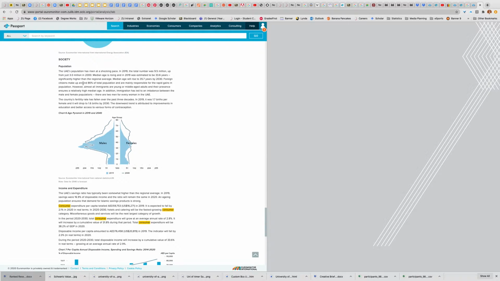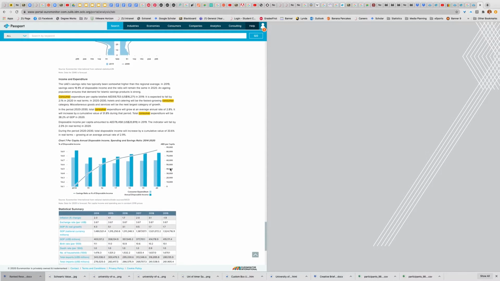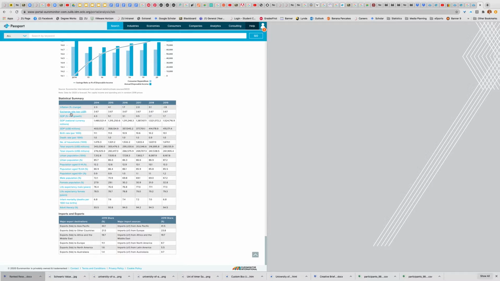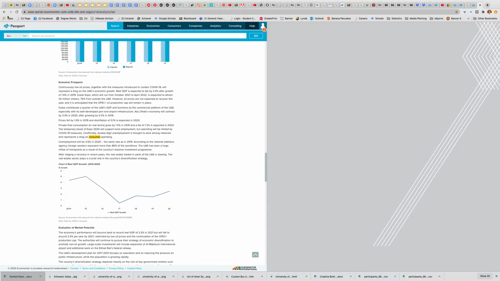And then you come down here, you get society, which looks at your population. I think it's really useful looking at the age pyramid. So they've even got projections out to 2040. But the 2019, we've got the current there as well. So you can see that there's quite a bit of a middle there, probably due to expats. Income and expenditure, and a whole series of different types of demographic statistics on the population. So again, not all of those will be relevant to you, but possibly some. Okay, so that's a useful